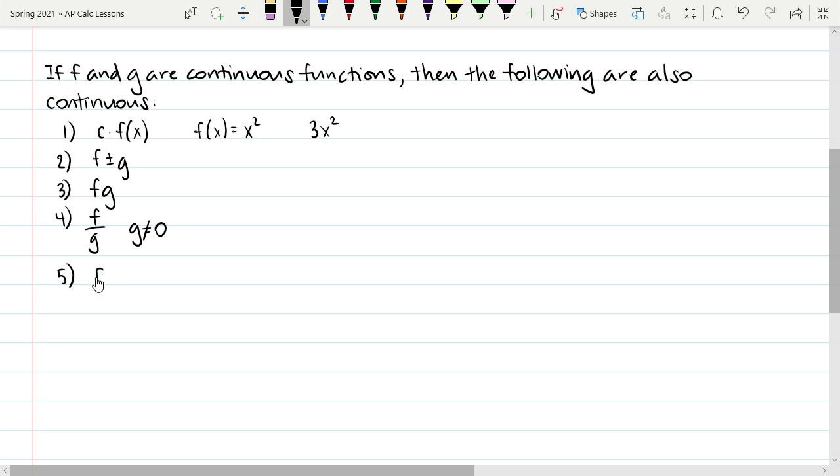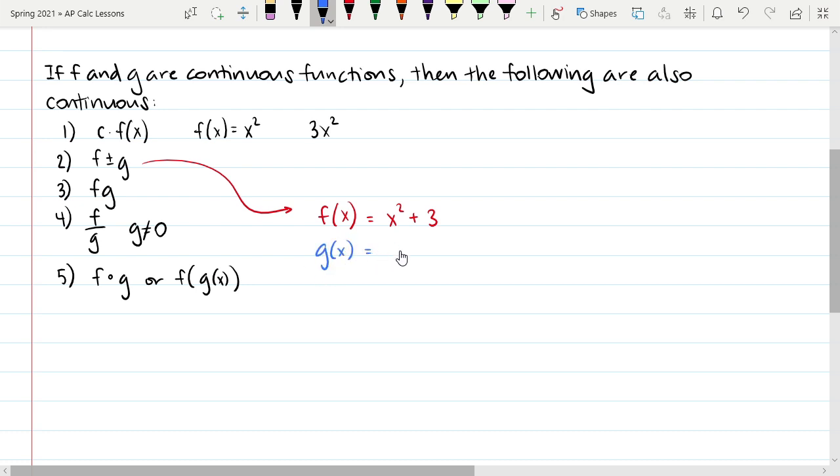And then if I compose the two functions, again, that could also be written as f of g of x. So composing two continuous functions also results in a continuous function. So, for example, thinking about that second in particular, if I have f of x is, again, let's maybe just say it's some polynomial, x squared plus 3, and maybe g of x is some trig function, tangent of x. Well, if I now have some new function h of x that's actually x squared plus 3 minus the tangent of x,